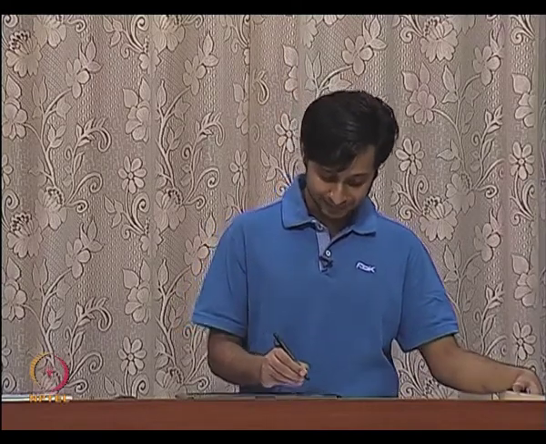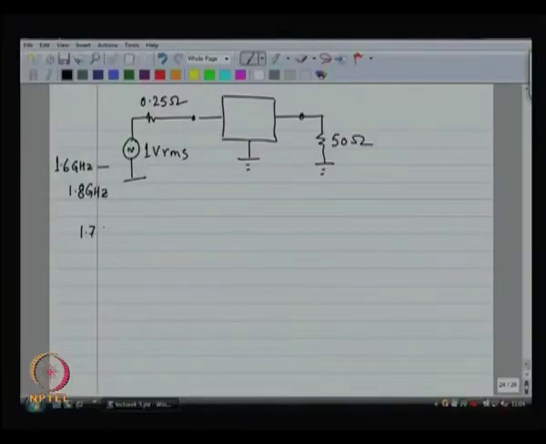So, my center frequency is 1.7 gigahertz at which I want a perfect match. At the other frequencies it will not be a perfect match, but you will be doing quite well. Fine. So, suppose this is the case,